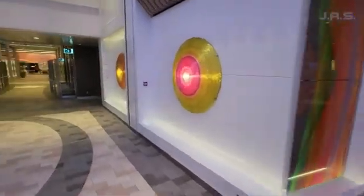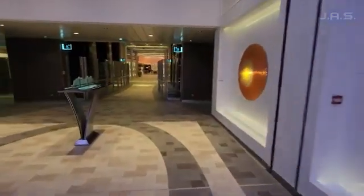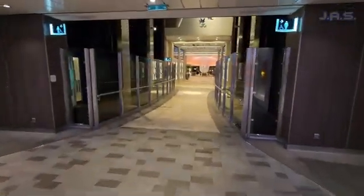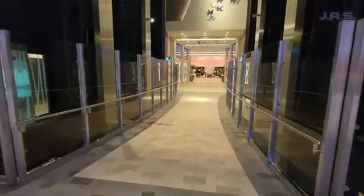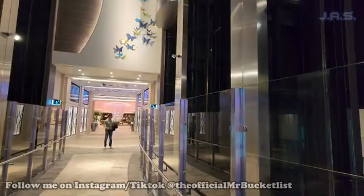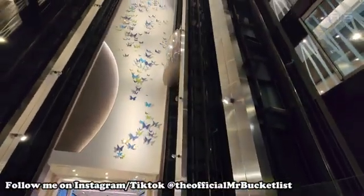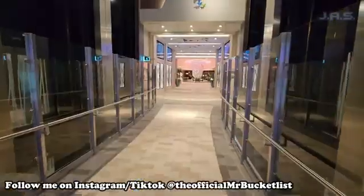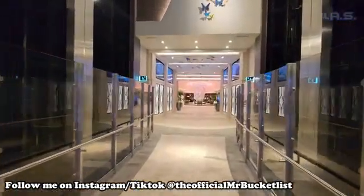Now, while we walk through this area, I just want to say I truly enjoy how elegant this ship looks. As you walk and just look around, everything is futuristic, but clean looking and elegant looking. If I were to compare this ship, it reminds me of the MSC Meraviglia. That's the first and only MSC ship I've been on, and even though a lot of people like to hate and just don't like that line in general, to me, I think that's still one of the